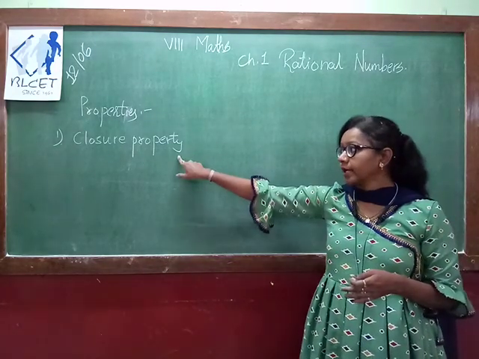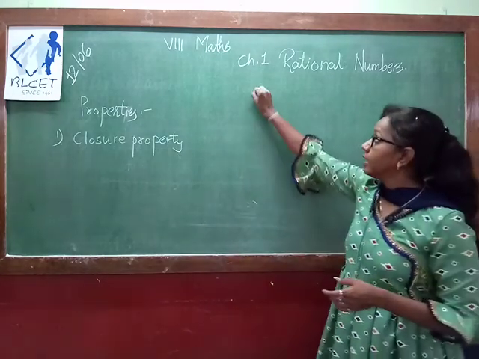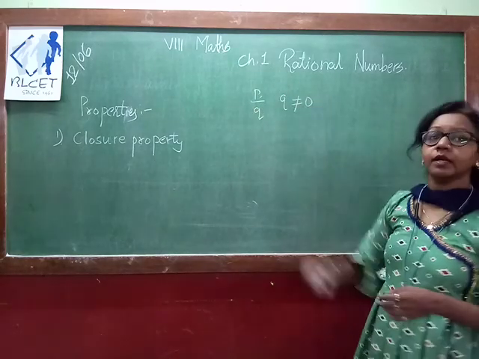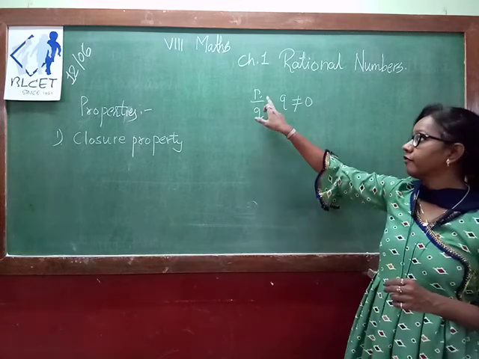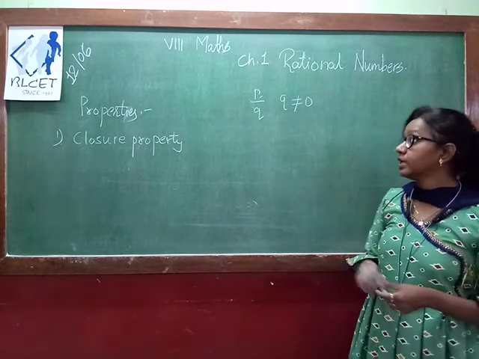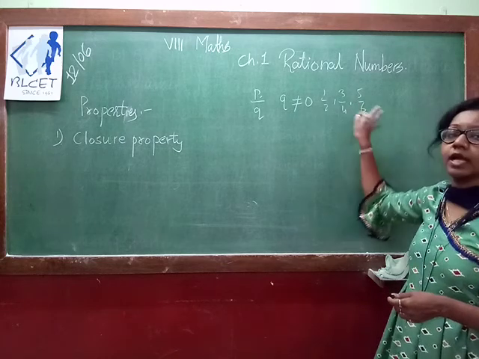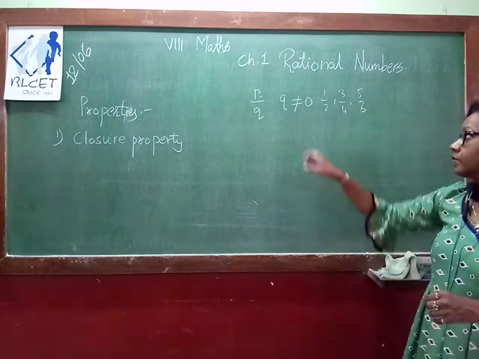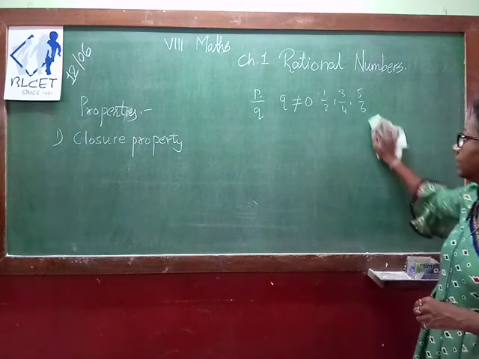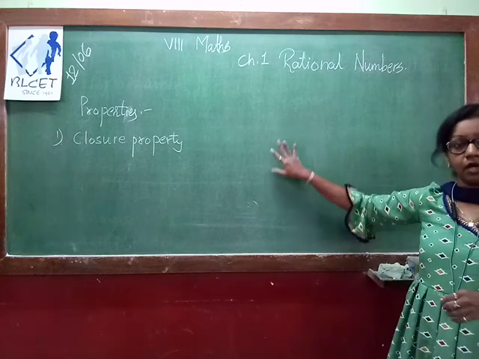Okay. So first property is closure property. First of all you should know what a rational number is. That also we have discussed. A rational number means any number in terms of p by q where q is not equal to 0. Any number, if you represent it in terms of p by q where q is not equal to 0, all such numbers are known as rational numbers. That is 1 by 2, 3 by 4, 5 by 6. These are all rational numbers, where this is your numerator, this is your denominator. Okay. So this we have learned in online class. Now we discuss each and every property on the basis of rational numbers.